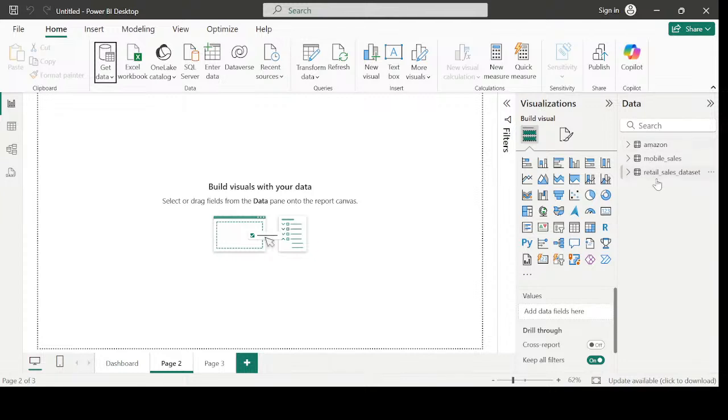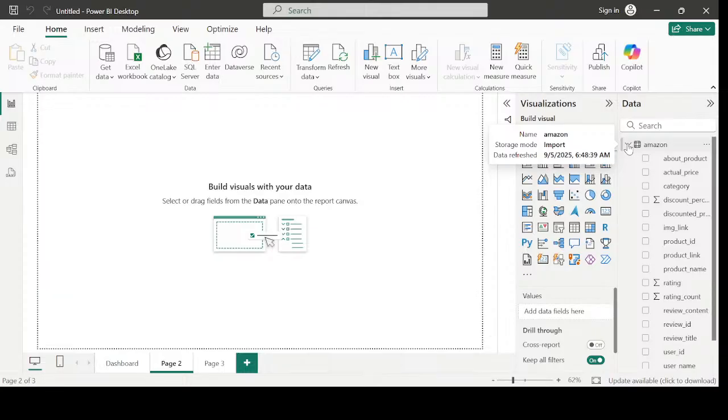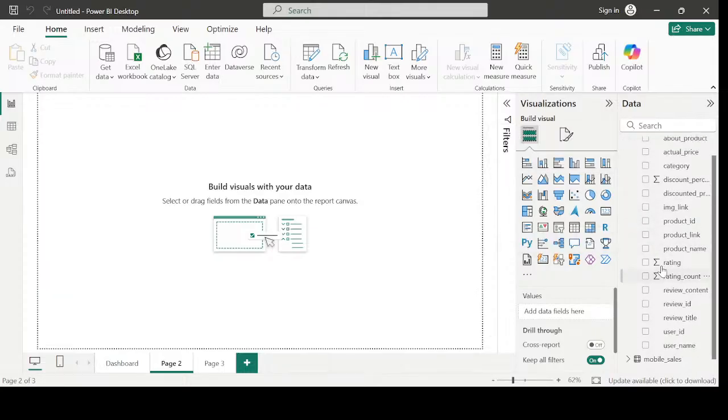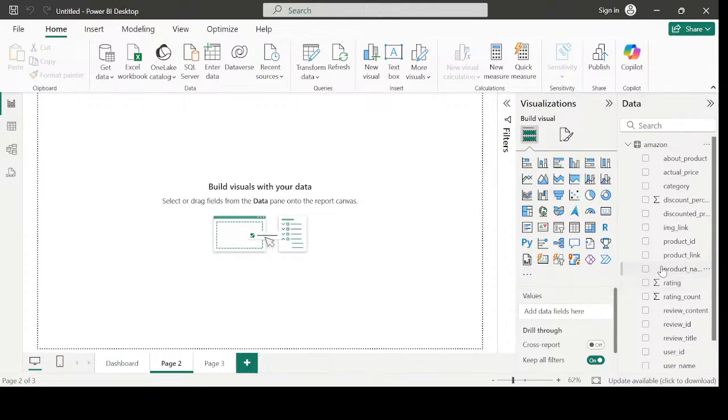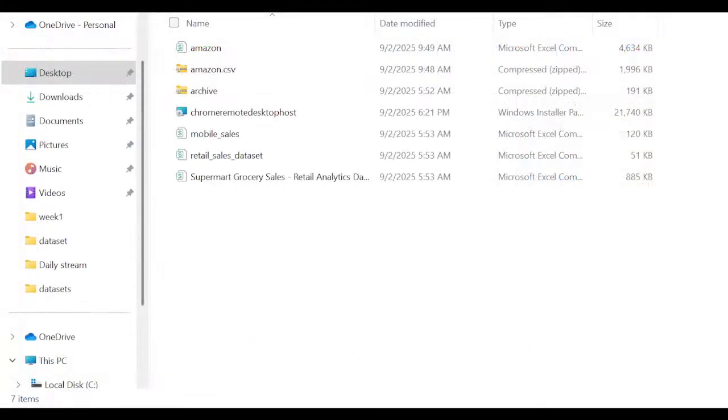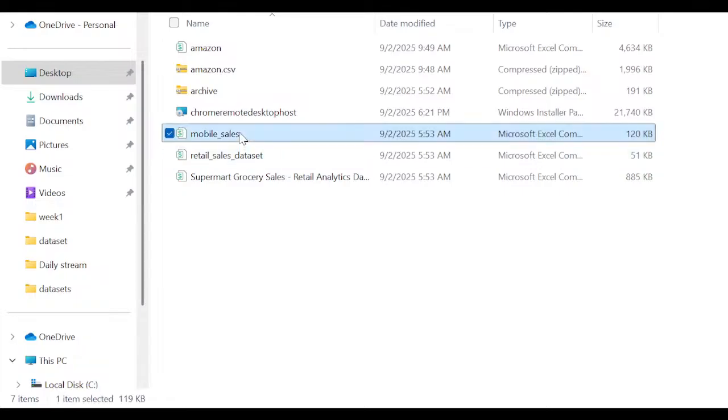All right, so if you look at this left side, you see three different tables, and each of them have something that is like a little arrow, so you can just click it and expand the table. So immediately you click on this arrow to expand, each of these boxes represents a column, and you can verify that by going to where you have your data set. So if I go to this my data set and I open it up,